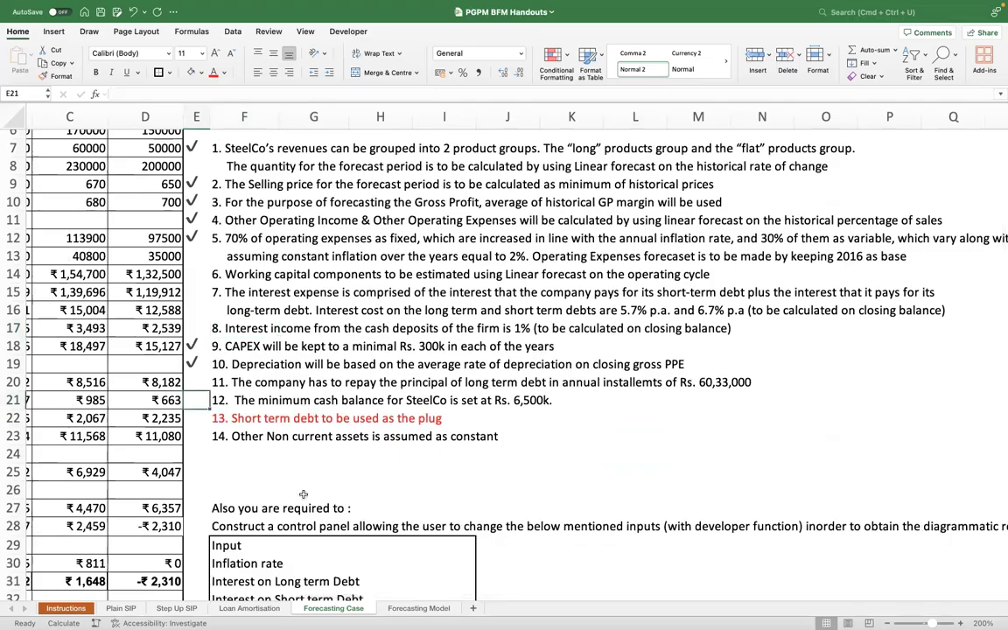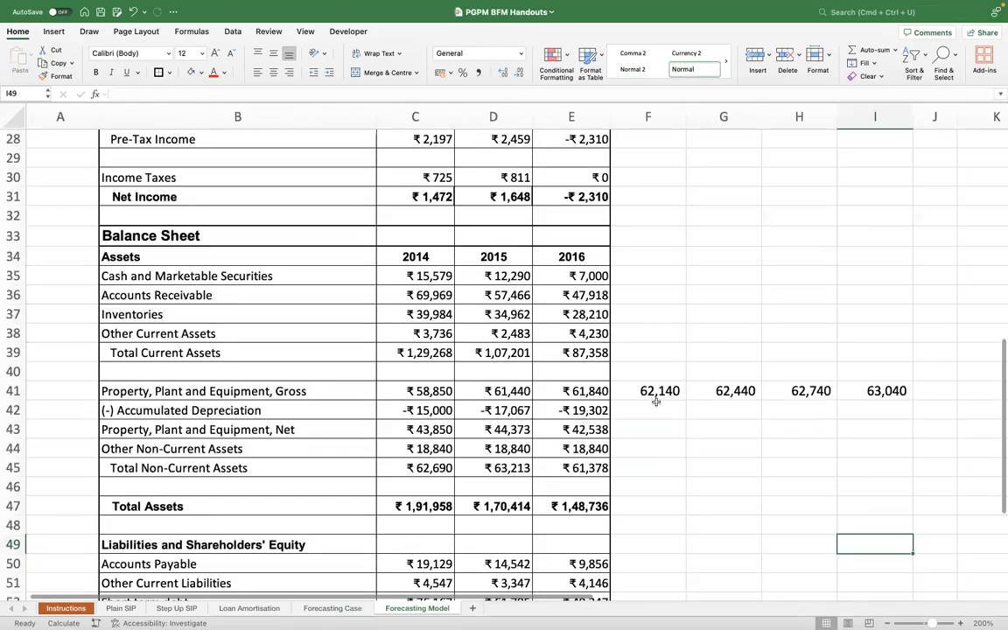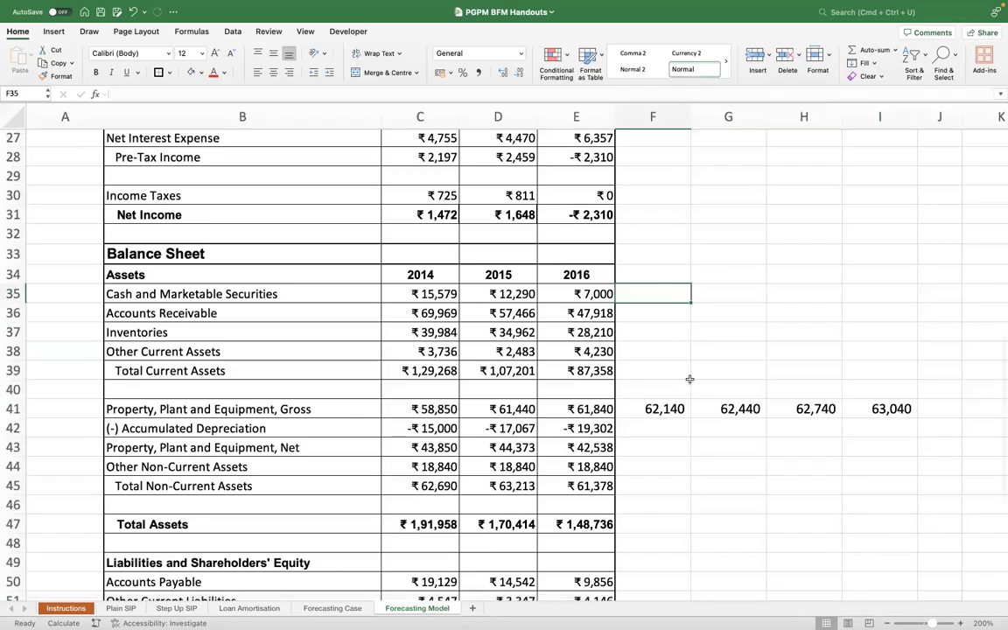Now look at point number 12. What does it say? Minimum cash balance for Steelco is set to be at 6,500,000. So this is straightforward. I go to my cash and I write here 6,500. This is given, so nothing much is to be done. It's given to you in the question. So first I write that down. Next,